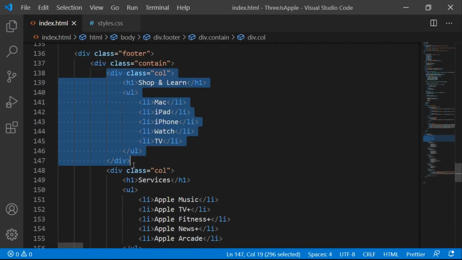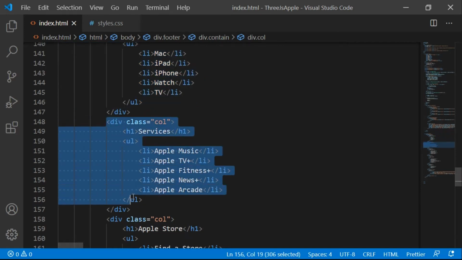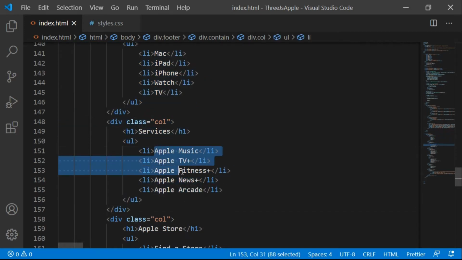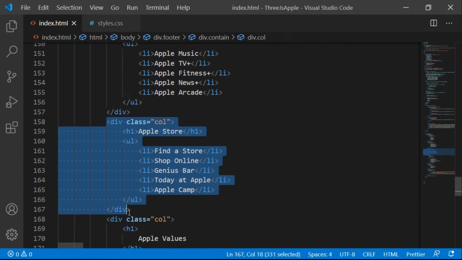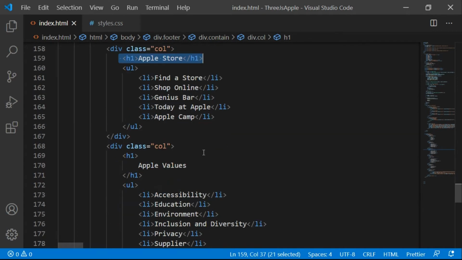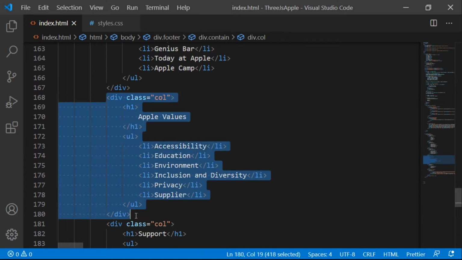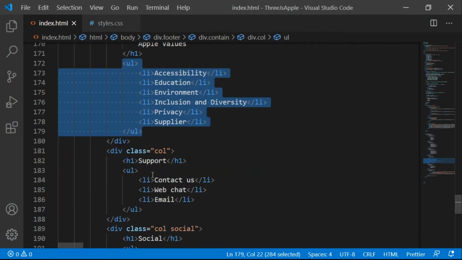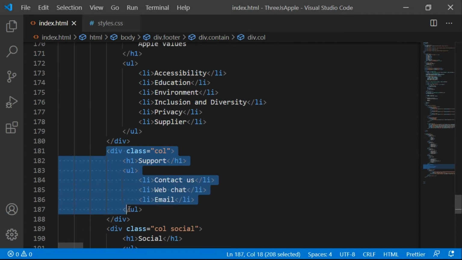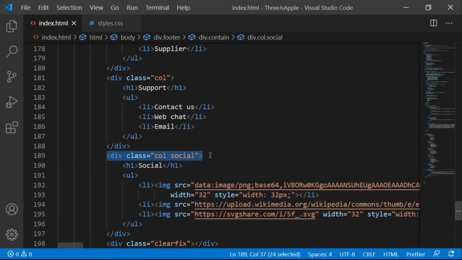So just pasted all the code here, which is for all the columns. So this is the second column for services, which is gonna have Apple Music, TV, fitness, news and arcade. And this is gonna be the Apple Store column here, and this unordered list, Apple Store column, and this one is gonna have Apple values as h1 and unordered list. This is the same thing, and it is gonna have a support as header and list items as contact us, web chat and email. And this one is gonna be something different, which is gonna have h1 as social, and